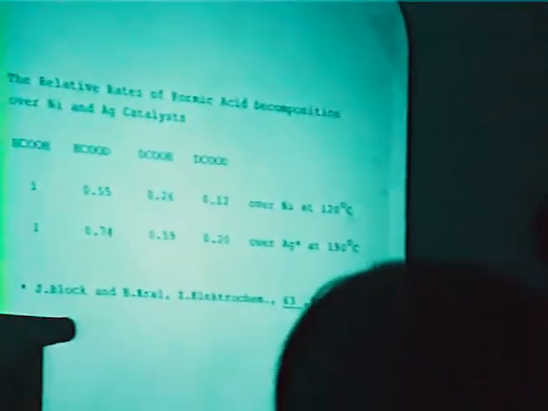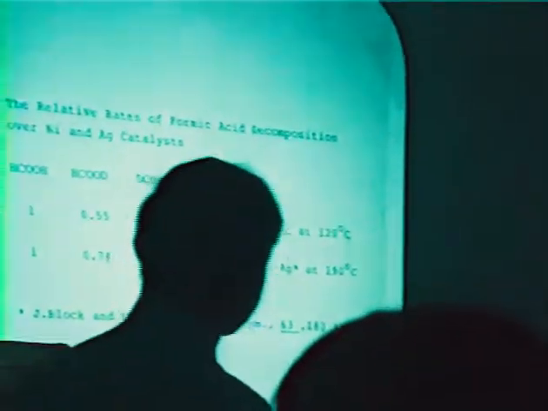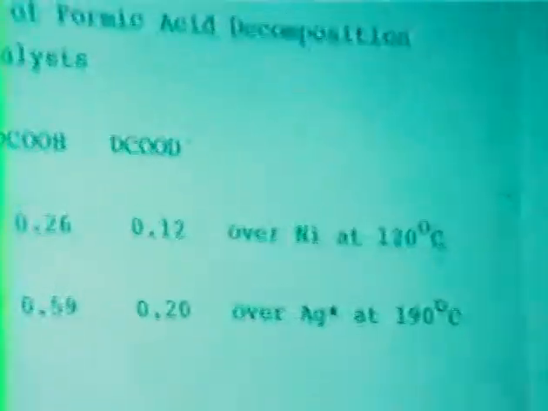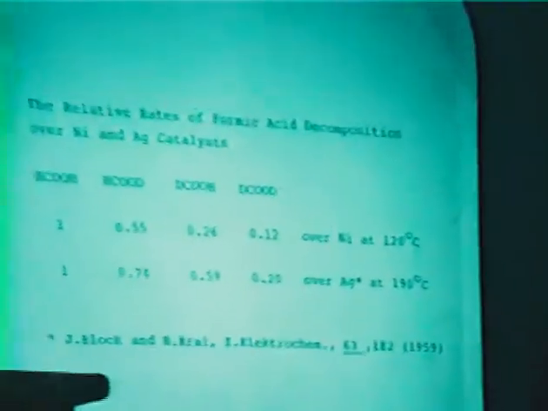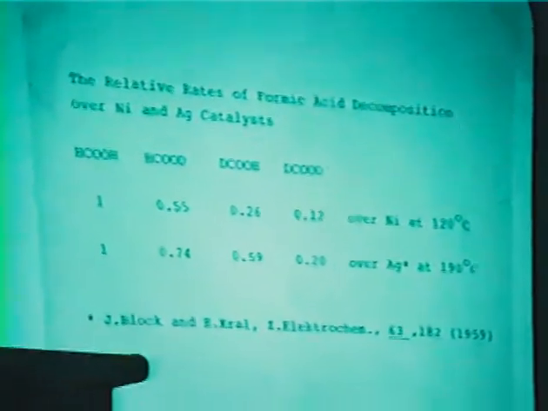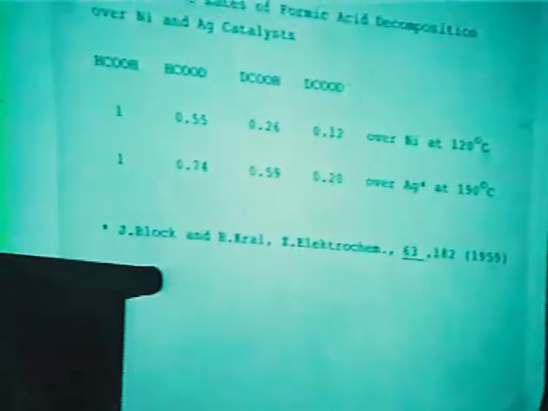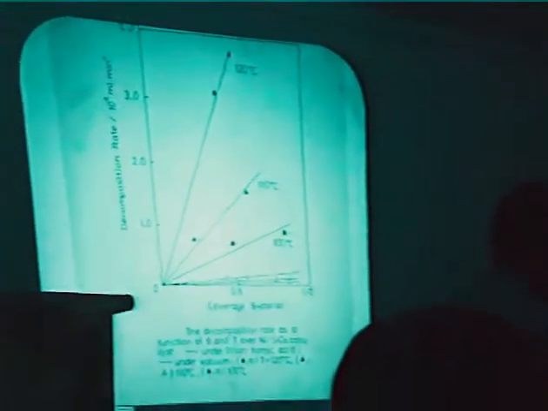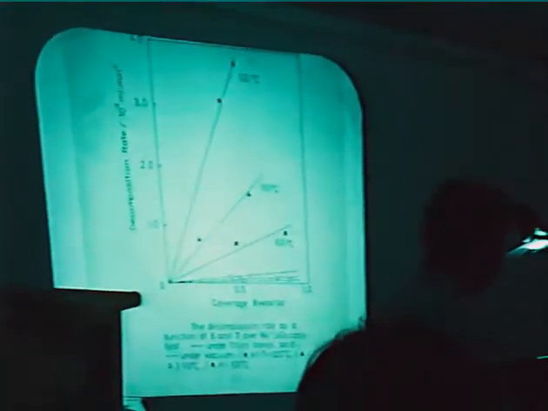But from the blocks many years ago, when she was young, she found that these labeled species showed different rates. And if formate ion decomposition, so this formate ion decomposition is already demonstrated, it should show two kinds of rates. But in this case, four different rates. And we studied micro-kinetically these four different rate reactions. And so we studied the behavior of the formate ion during the reaction, and we could conclude that